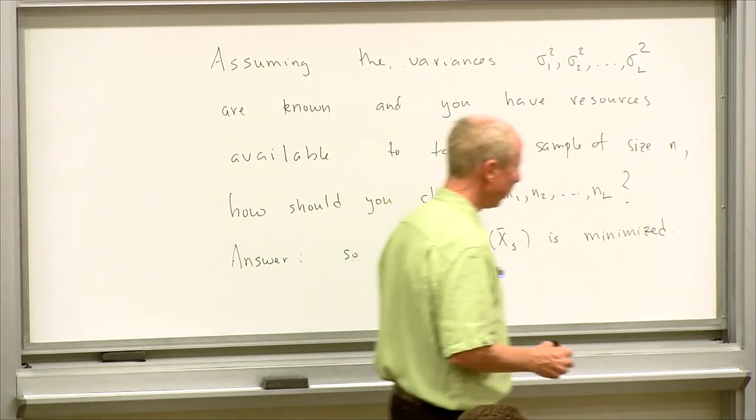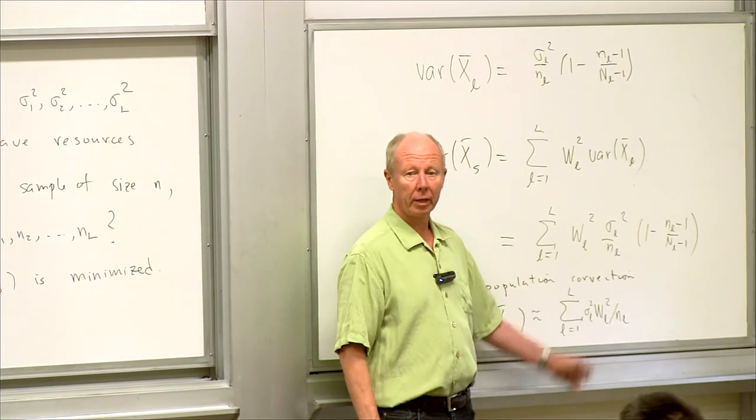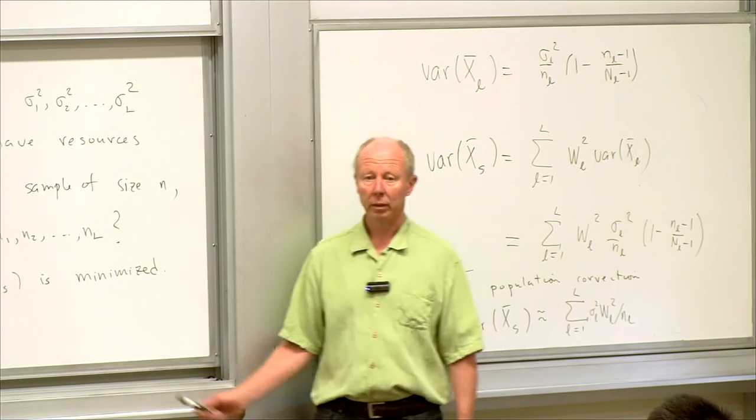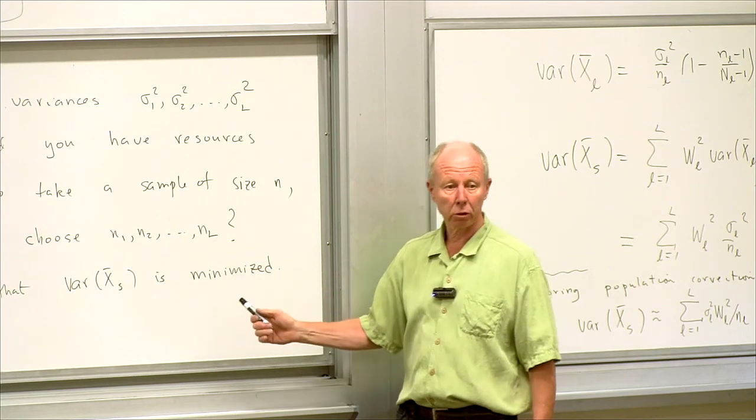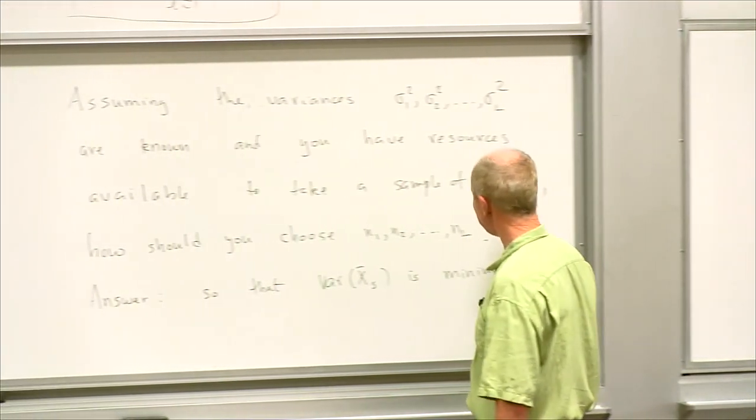Okay, so how do we do that? Well, here's a function of capital L variables, and we want to find its minimum, but it's subject to a constraint. The constraint is we're taking a sample of this size,